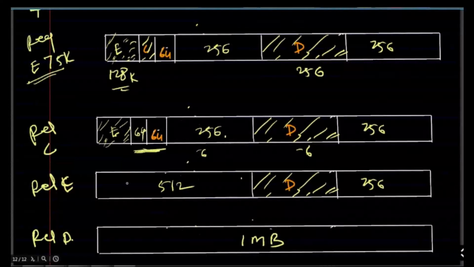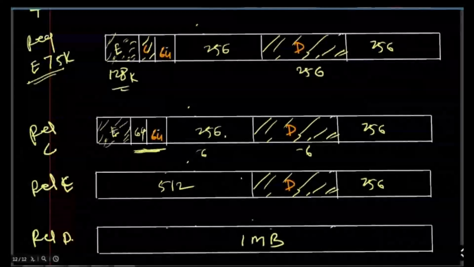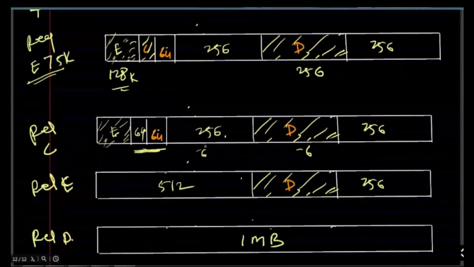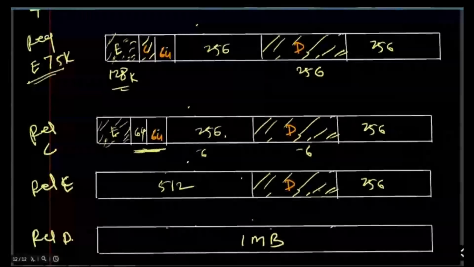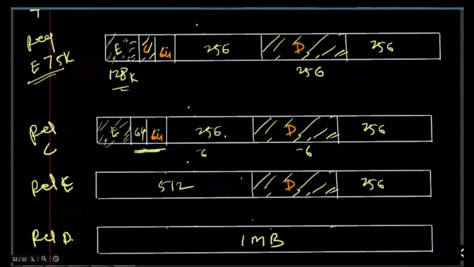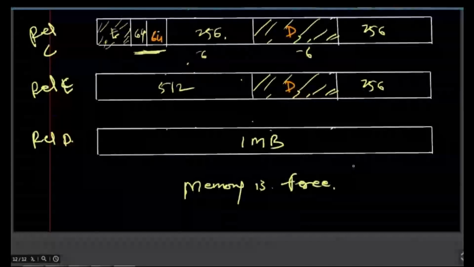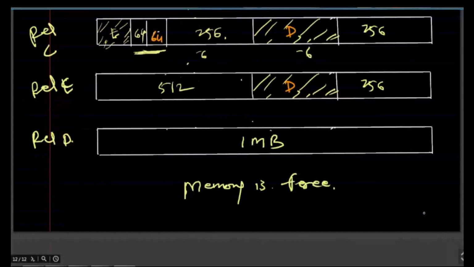Then after releasing E, these will be 128 and 128, so we will merge them together. Then this 256 and 256 will form the 512. So these partitions we have merged. And after releasing D, we will have these 256 and 256 partitions. We merge them to form 512, and then it will become 512 and 512, which we merge to form 1 MB. So this is how the buddy system for memory allocation works. Okay.